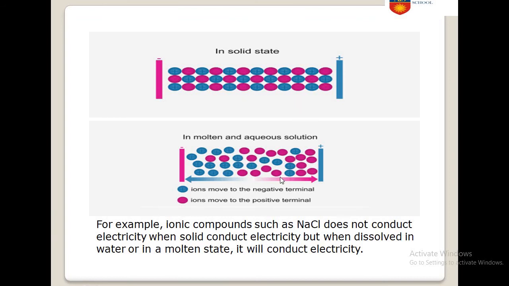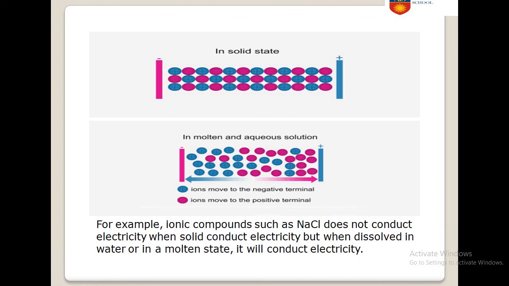But in molten or aqueous state, the intermolecular force of attraction is much less than in the solid state, and the ions are free and can move. As a result, the positive ions move to the negative terminal. That means cations move towards the cathode and anions move towards the anode, right? And thus it is able to produce